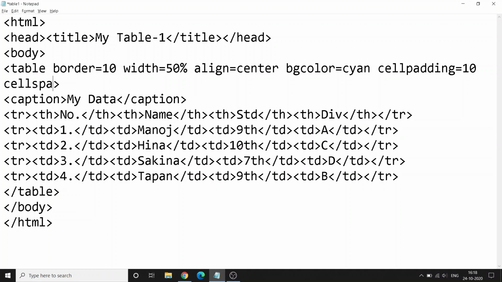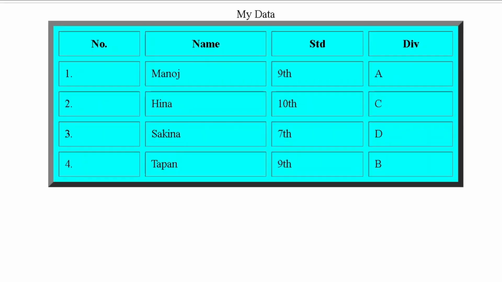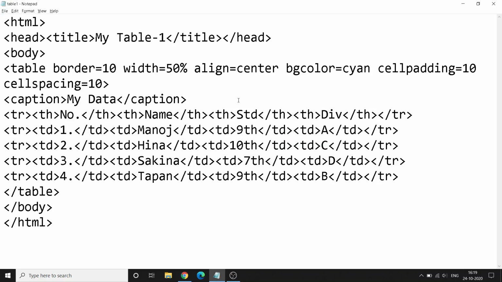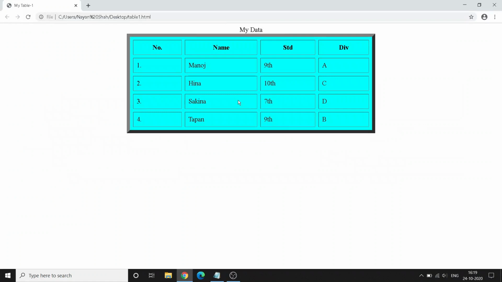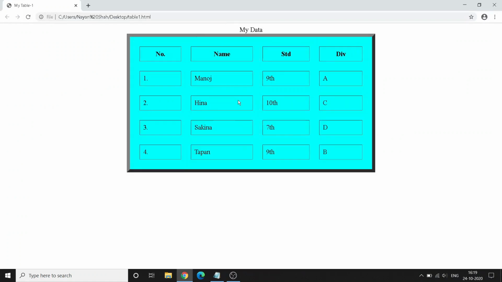Next is cell spacing. Cell spacing, again, if I say 10 pixels and refresh, now you can see the border of each cell is separated and there is a gap around all the cells, and that is of 10 pixels. Again, let us make it 30 pixels so that you can see the difference. Observe this, this is with 10 pixels and now I am refreshing, it is 30 pixels. So this can also be handled using cell spacing. So understand the difference between cell padding and cell spacing.